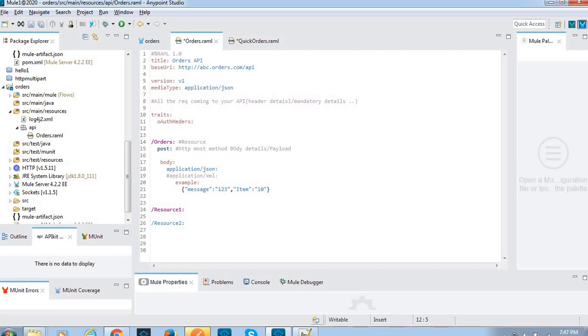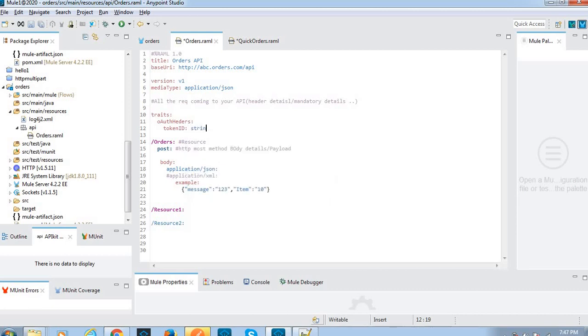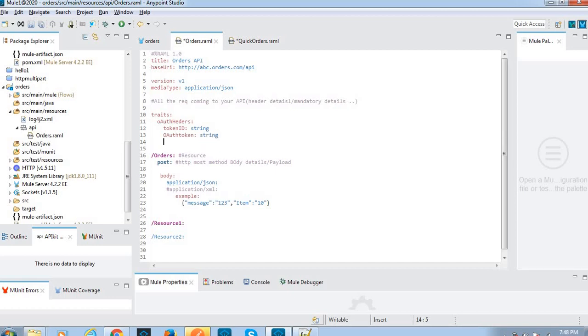Again here I am giving token ID, token ID is string, and here auth token, string. Like this way we can define auth details.